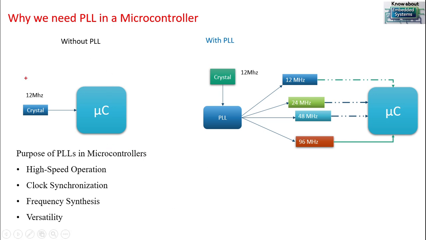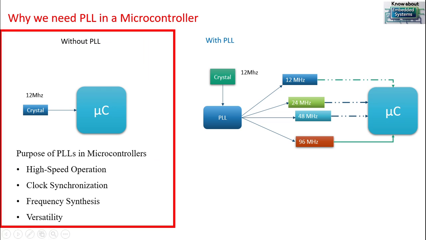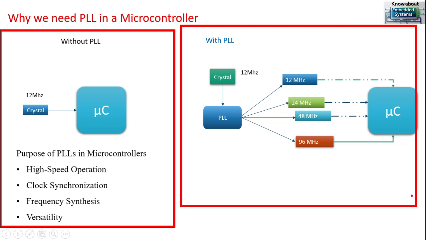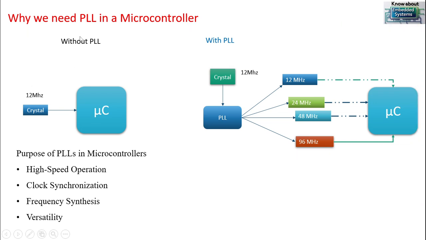So guys, consider two scenarios here. In scenario number 1, we're not using a PLL, the microcontroller without PLL, and the second scenario is with PLL. In the first scenario without PLL, this is my microcontroller and this is my crystal oscillator. Let us assume it operates at 12 megahertz. Whatever frequency is available from the crystal, the same 12 megahertz will be supplied to the microcontroller, and even the processor running inside the microcontroller